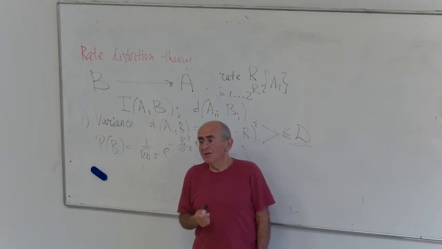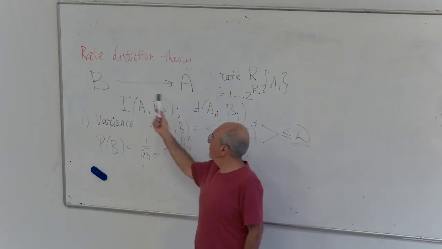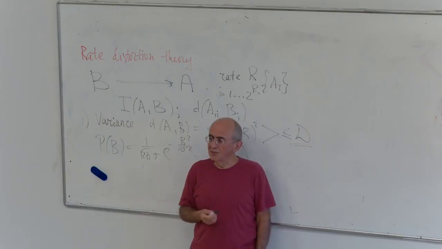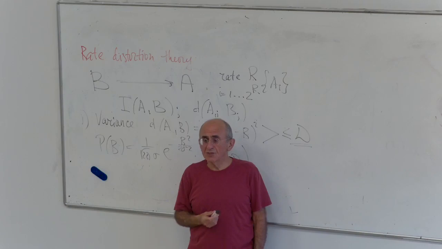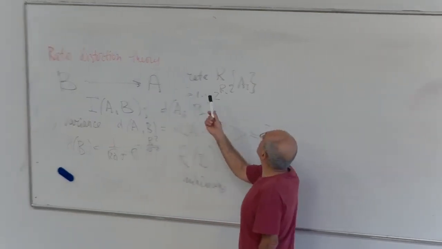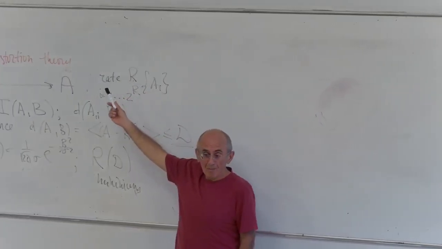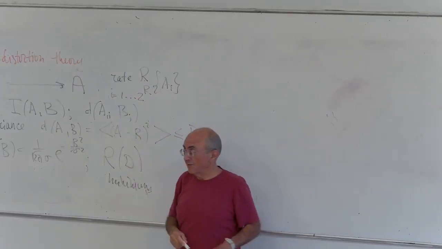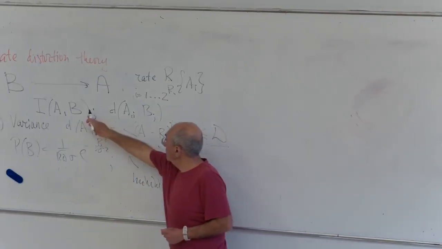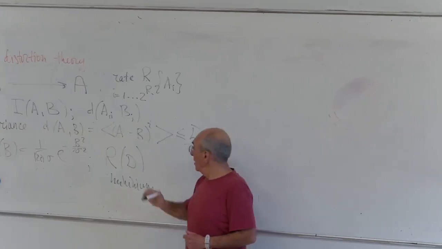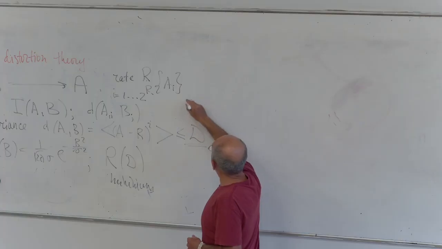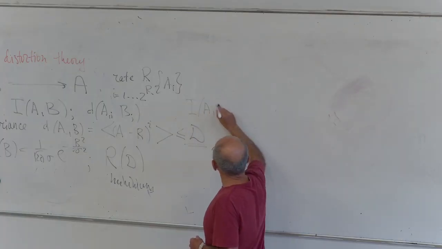But generally, for any conditional probability of having B given a certain A, there is a rate, which is the mutual information. Of course, it's the mutual information. This mutual information is exactly this rate. Right? That's by definition the mutual information. So what are you now looking for? You're looking for a minimum of the mutual information under a given variance.